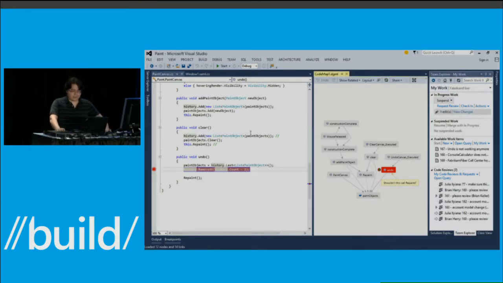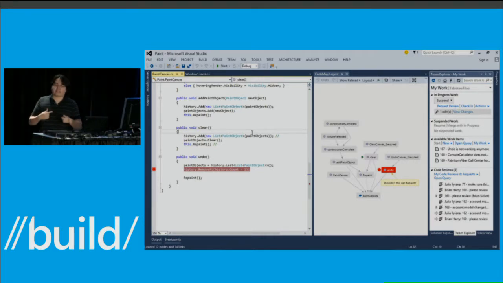So just now we've seen CodeMap and how it can help you navigate through and implement complex changes. We've also seen My Work, which can help you suspend and resume, and we've seen the CodeMap integration with My Work. What I'd like to show you now is sort of the result of customer feedback. So we started testing CodeMap here, and two big pieces of feedback came out of the lab studies. One was, we like it, it's definitely helping, and the second one was, can you please make this work for